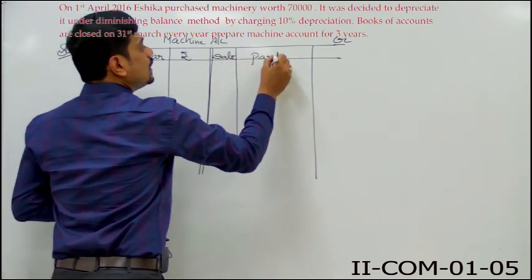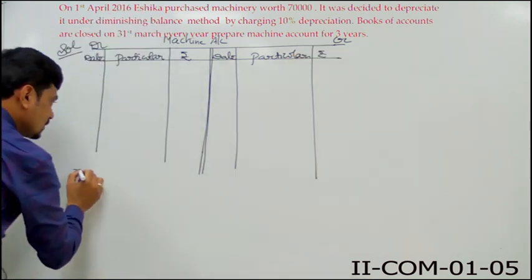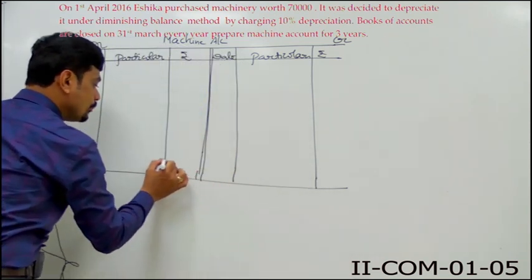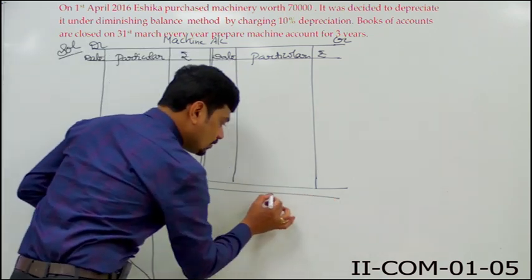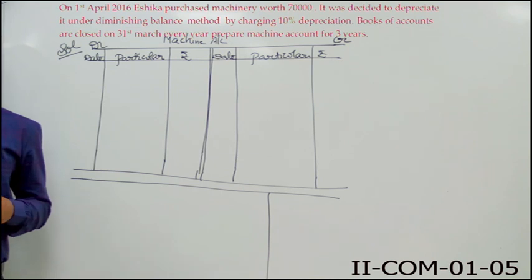So here the structure is ready. What happened? Sir has missed something, and that is working note, which is very important. So working notes also will draw. And what is the rule now? Rule is the working notes will be in the page of the solution only.